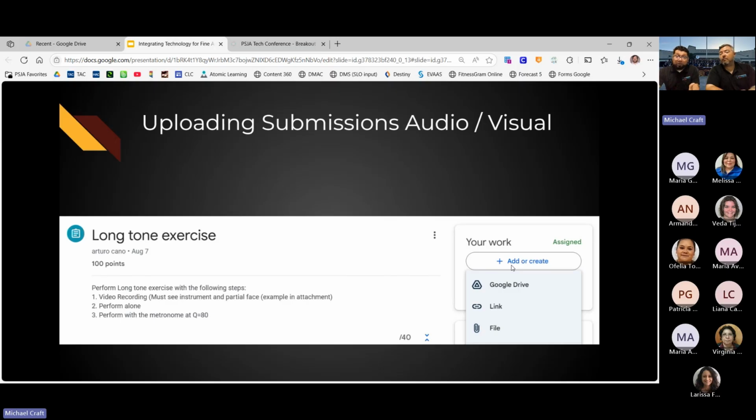Like I said, with performing arts, how can we show the principal, how can we show the parents why the child is not passing? Well, here's why, and here's what to do to improve upon that practice. Visible accountability. Most of our assignments are less than a minute, and if they're recording on their laptops, that's the whole point.